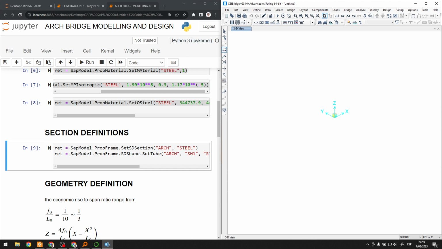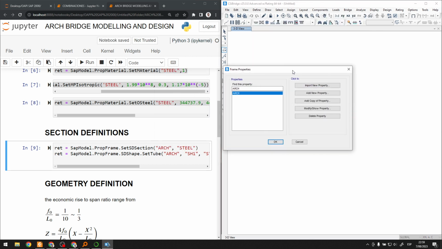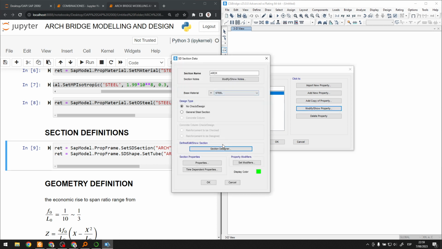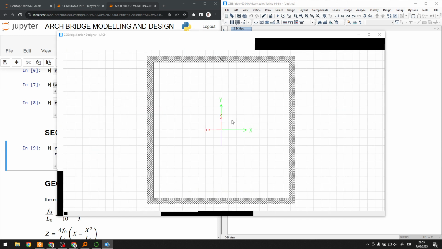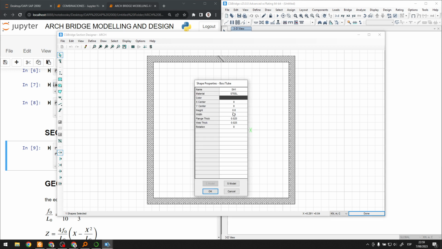I can look for the section I created before in components, section properties, frame section, and here is the arch. Modify, I can look for it, section designer, and here it is a tube of height